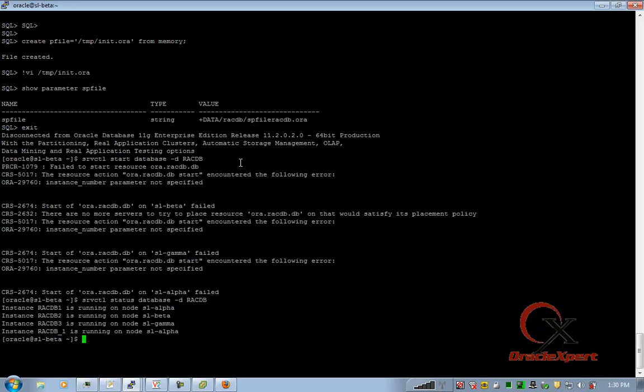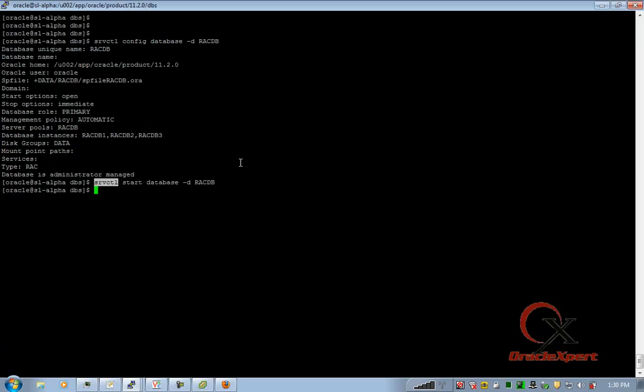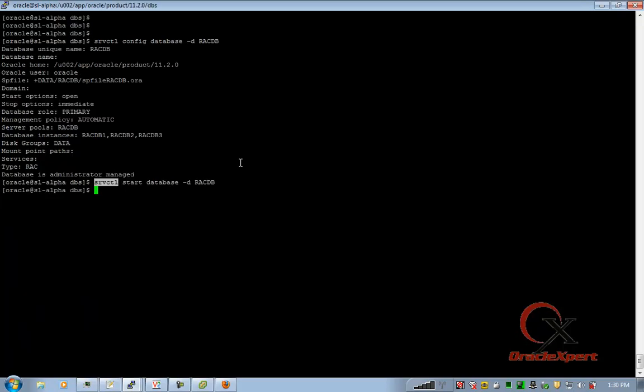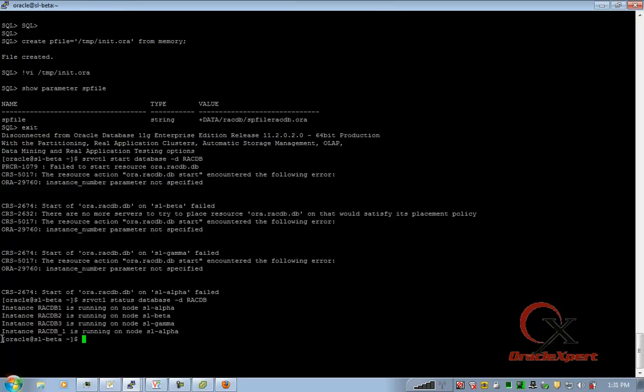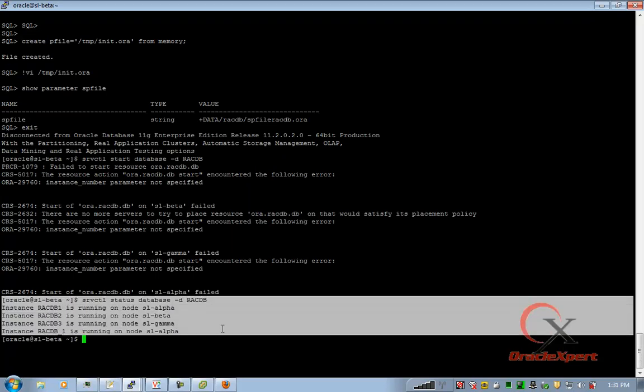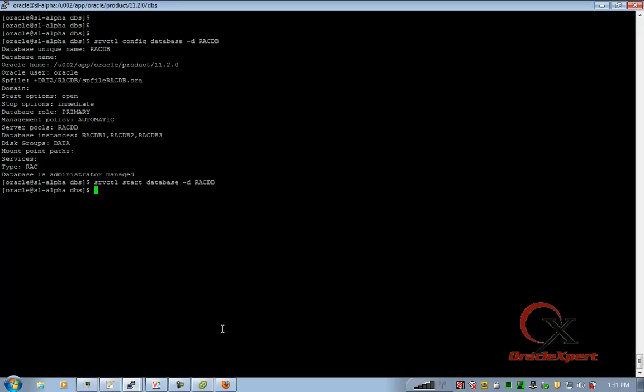It's still showing one of the instances which was from the policy managed configuration. We may have to remove it. So now it's up and running. Barring this one, which is because of the policy managed configuration, other things look to be working fine. You can remove that instance manually.